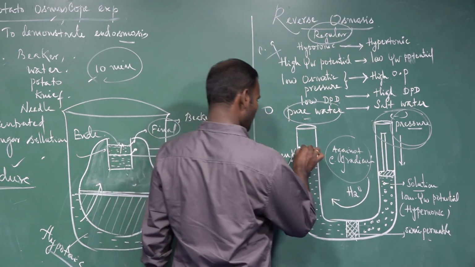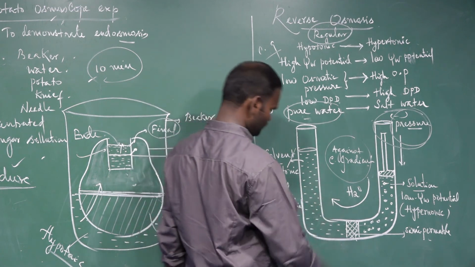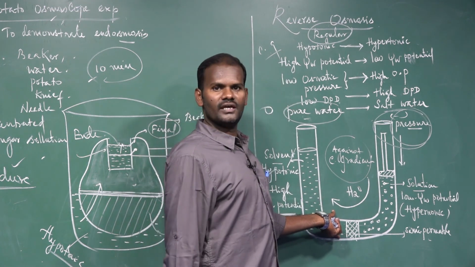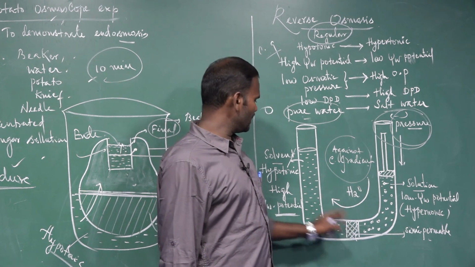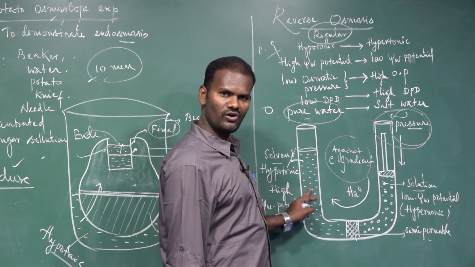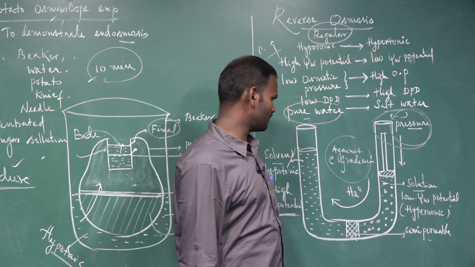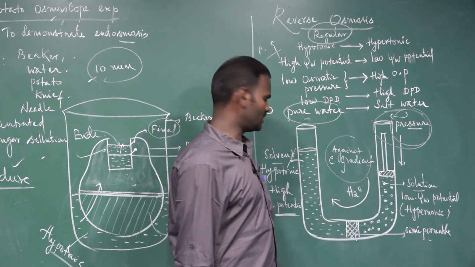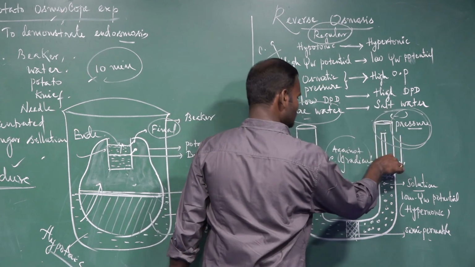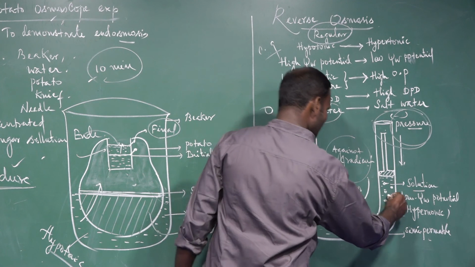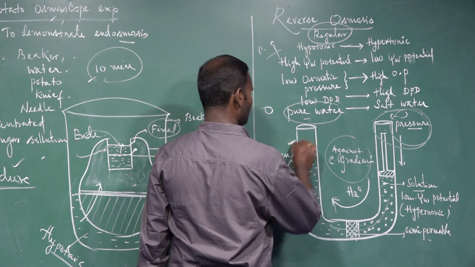So osmosis takes place from a pure solvent. For example, how can we demonstrate it? You take a U-shaped tube. The U-shaped tube is separated by a semi-permeable membrane. One side is filled with hypotonic, and the other side is filled with solution, also called hypertonic. Hypertonic is nothing but salt water, and here it's pure water. By applying force on one side, I mean the solution side, it pushes the water in the reverse direction against the concentration gradient. This is called reverse osmosis.